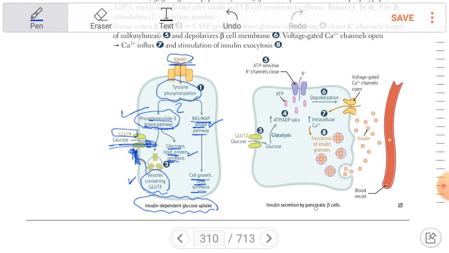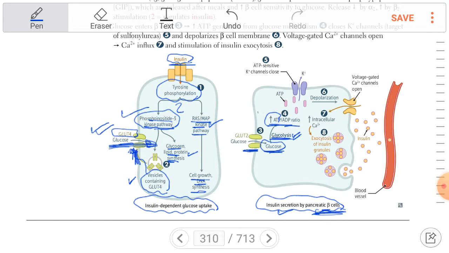The second one is called the insulin secretion by pancreatic beta cells. So the pancreatic beta cells will lead to insulin secretion. How? There is a difference here. There is GLUT2 on the surface of pancreatic beta cells, but it's GLUT4 in adipose tissue and skeletal muscle. On pancreatic beta cells, GLUT2 will lead to entrance of glucose through the glycolysis, leading to more ATP. So the ratio between ATP and ADP will increase because of the increase of ATP through the glycolysis